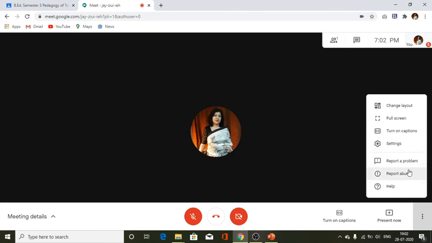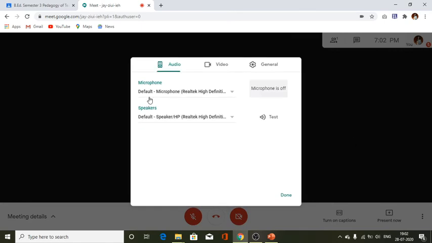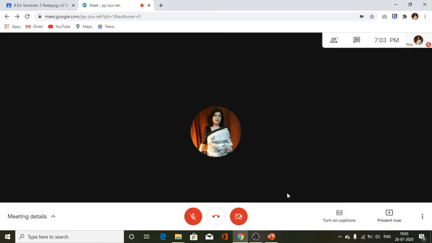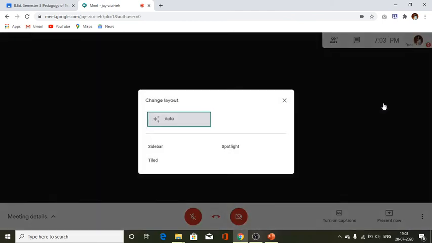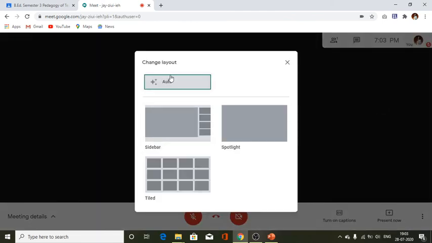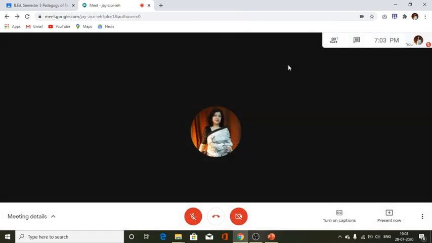If there is any problem, I can report it from here. These are the settings from where I can adjust the audio, the video, and there are some general settings. If I click on this layout, this is the auto layout that comes. If I want, I can change the layout according to my convenience from here.